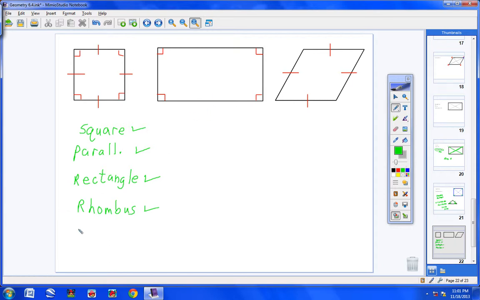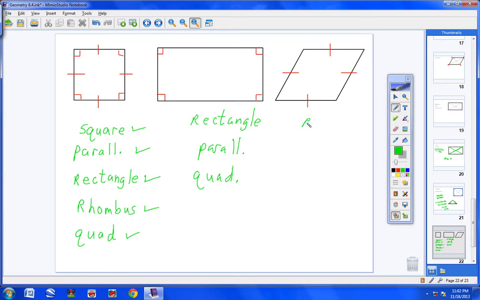Now let's come over here. Oh, it's also, if you want to get picky, you could also call it a quadrilateral because it is a 4-sided figure. Okay, now this is a rectangle. But what else is it? Well, it's also a parallelogram, and it's also a quadrilateral, and that's it. It's not a square. Well, a square's got to have 4 congruent sides. Is it a rhombus? A rhombus has to have 4 congruent sides. We know it's a parallelogram because both sets of opposite sides are parallel, and we know it's a quadrilateral because it has 4